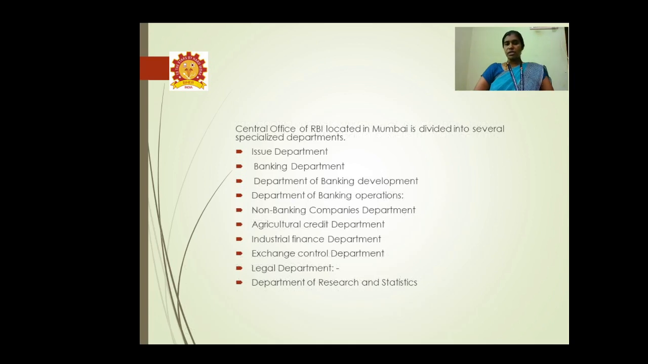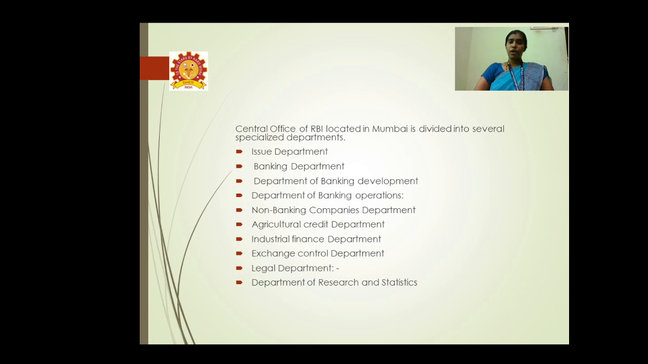And the central office where RBI is located. So the central office of RBI, located in Mumbai, is divided into several specialized departments. These are all the main departments working under RBI. The first one is the Issue Department, the second one is the Banking Department, the third one is the Department of Banking Development, the fourth one is the Department of Banking